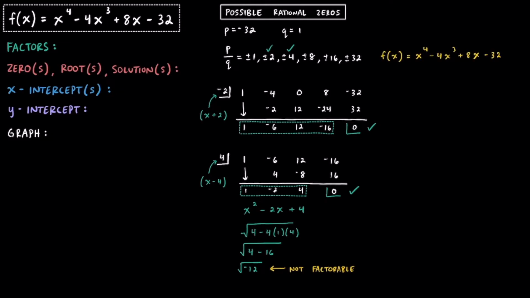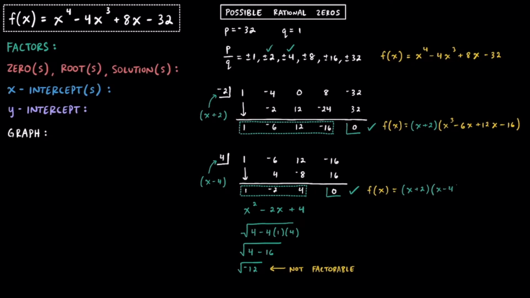At the top here, you can see that this was the original function that we had from the start. After we found out that negative 2 was a 0, that meant that x plus 2 was a factor, and it was going to multiply by this x cubed minus 6x squared plus 12x minus 16. Using our leftover numbers, we tested out another possible rational zero, 4, and found out that it worked, so that